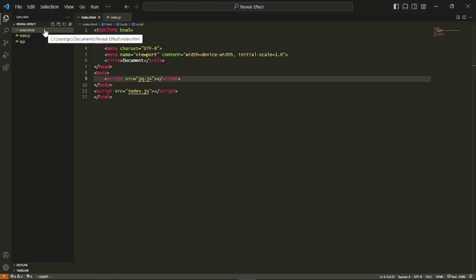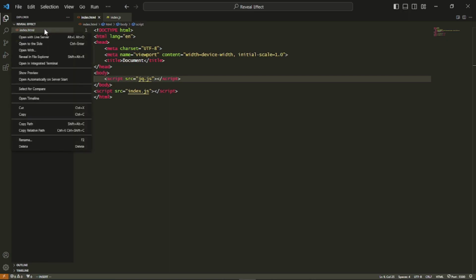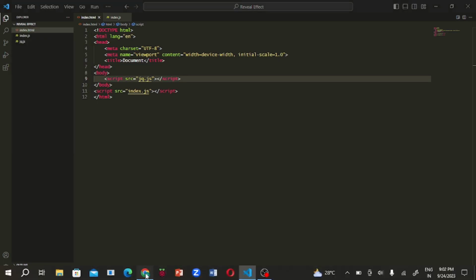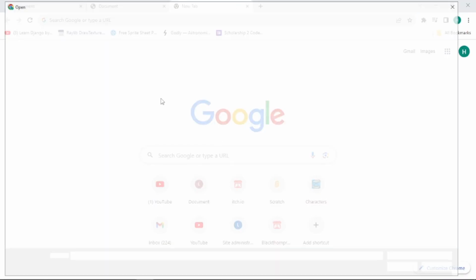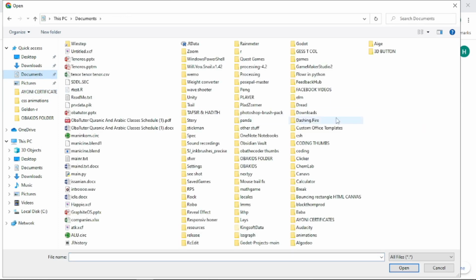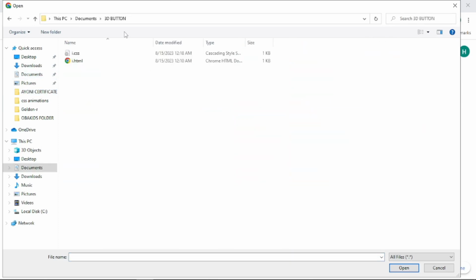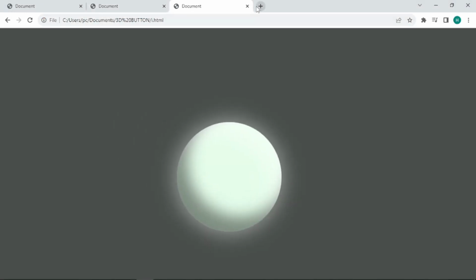But if you can't install live server in your code editor, like if you're using something like Vim, then instead of that you can right click, copy paste. Or another way to do it is that you can click on this and then press Ctrl O and then navigate to your project. Yeah, but you get what I mean. So anyways,